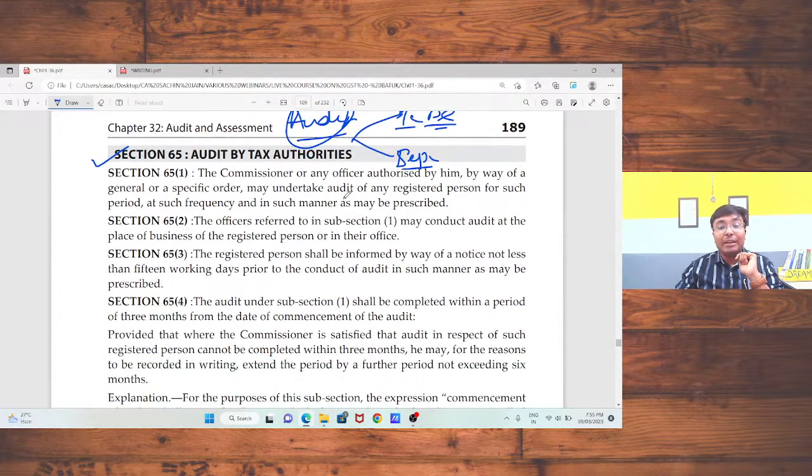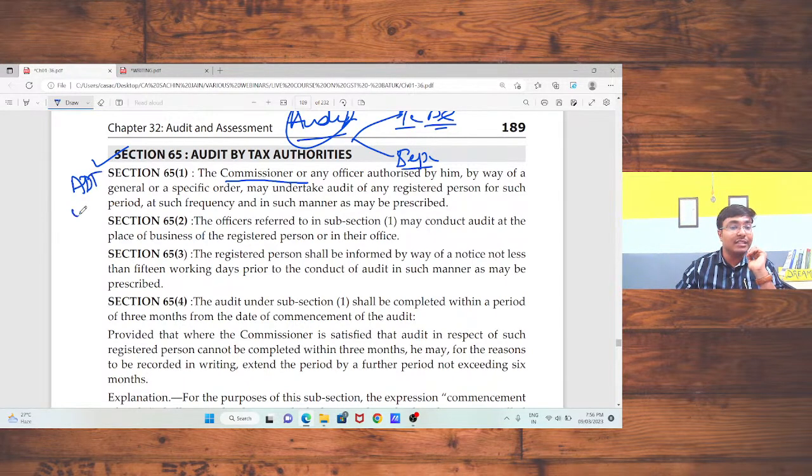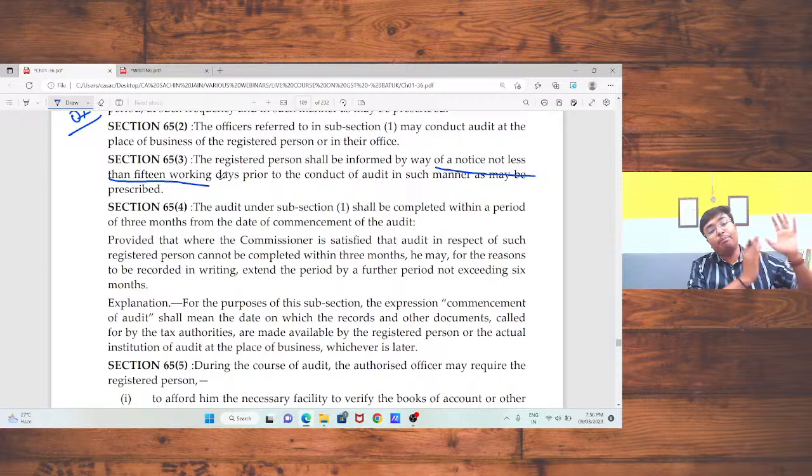Where the commissioner thinks that the particular case should be taken up in audit, in that case the commissioner will issue a notice in form GST ADT 01. The form is GST ADT 01. In form GST ADT 01, the departmental authority will issue a notice for the business audit. Okay, but you should receive a notice not less than 15 days before. That means the departmental authority will issue a notice for business audit and intimate you about the audit not less than